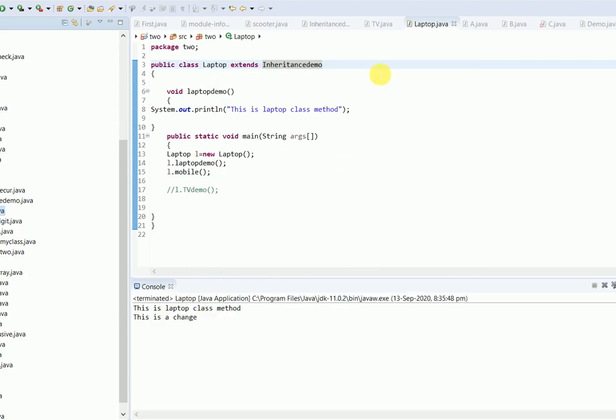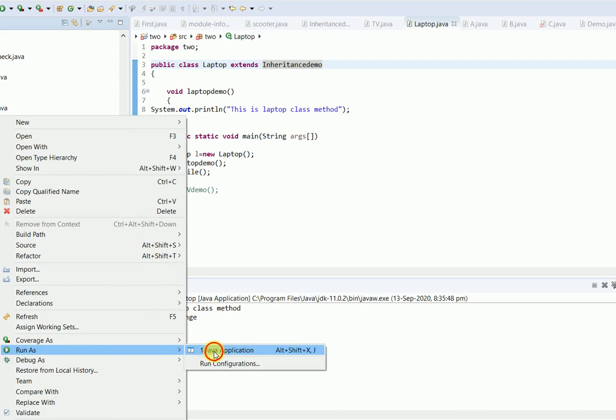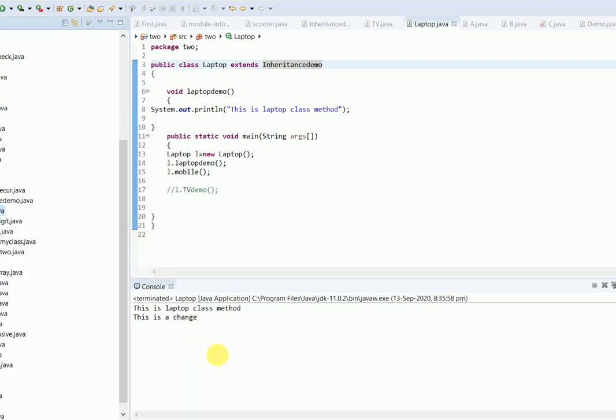Now that I have saved that change and I have run the laptop class, it has actually run the laptop class only. But the pop-up came because it was saving that change to the inheritance class. Inheritance demo is inherited by laptop, right? So it needed to save that change to reflect in laptop. So see, now that we have made that change to inheritance demo, it is printing "this is a change".